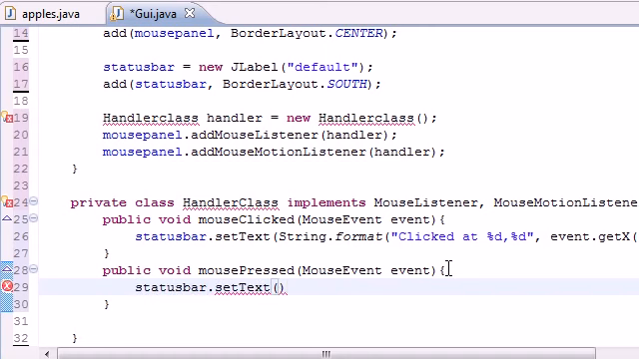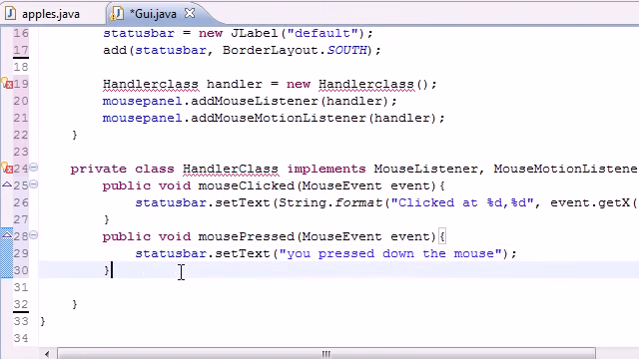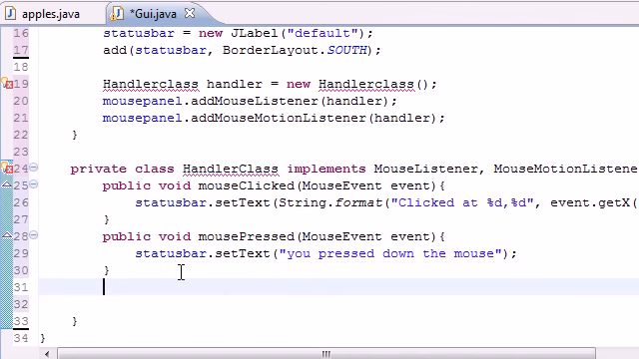This is going to change the text on our status bar to something like "you pressed down the mouse." So now this is what happens: the status bar is going to pop up this text whenever we press down the mouse. And now we can get the public void